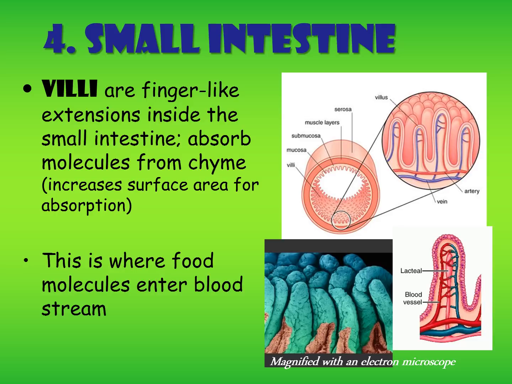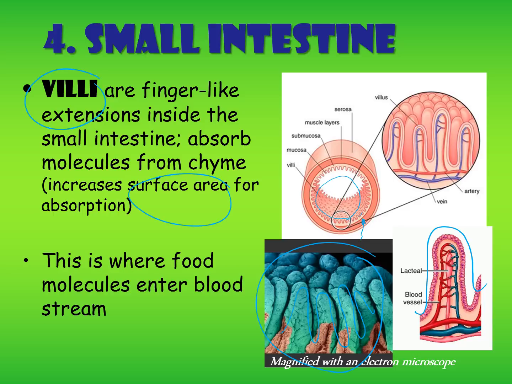And you'll find on the inside of this tube are these structures called villi, which are these little finger-like projections. This is what they look like with an electron microscope. Basically, they increase the surface area so that inside this tube, instead of it just being a smooth surface, you have all these little tiny projections that allow there to be a lot more space to absorb the nutrients into. This would also help speed up the rate of digestion because a lot more nutrients can get into the